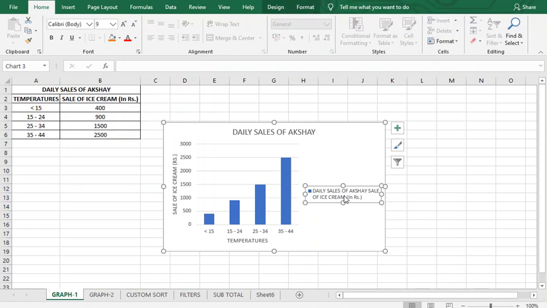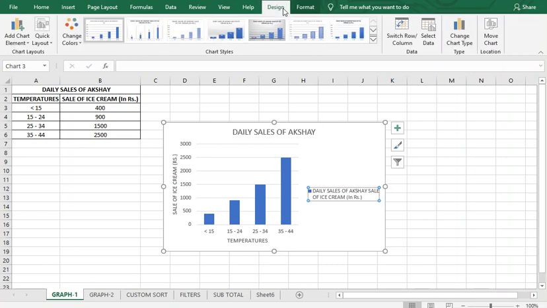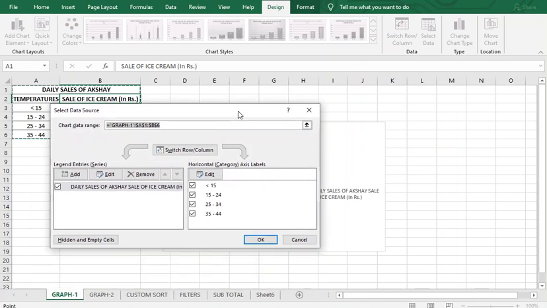To edit the legend, select the legend on your chart and then go to format or go to design, and in design you will find select data. Go to the select data option, and a dialog box will appear on your screen. In the dialog box you see it says legend entries.